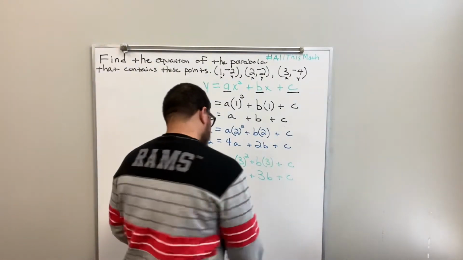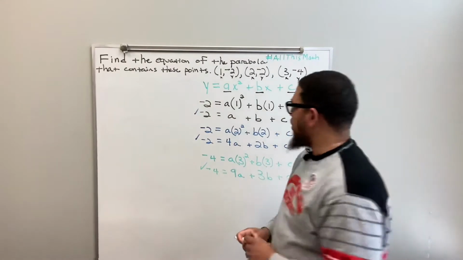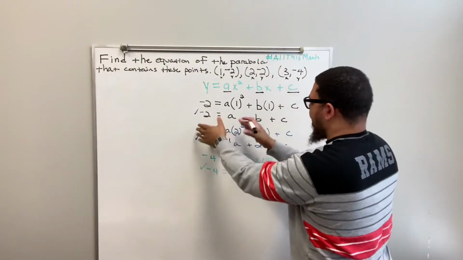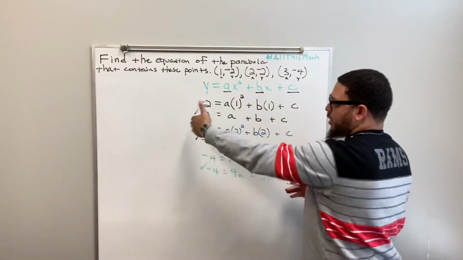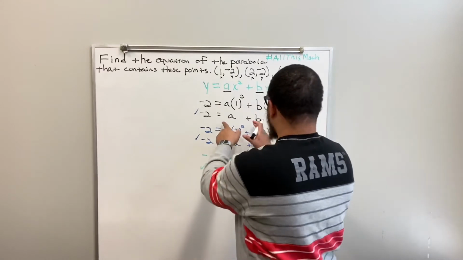So what I'm going to do is write these 3 equations together in the form of a system. And I'm also going to switch it around because I don't like having the constant on the left side. I like having the constant on the right side because I like to read from left to right. That's just my twist. So this is going to become